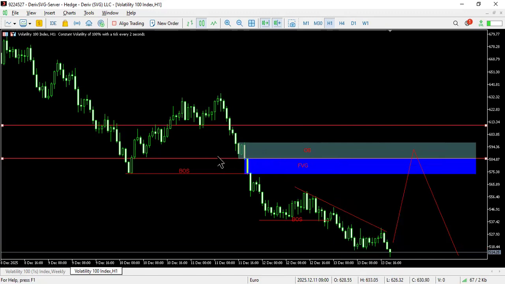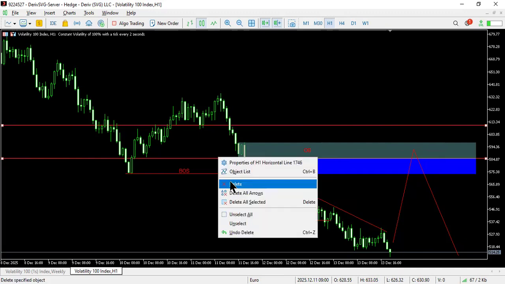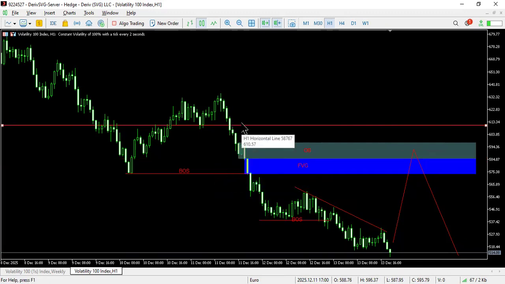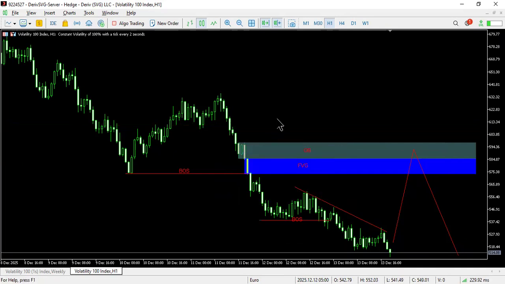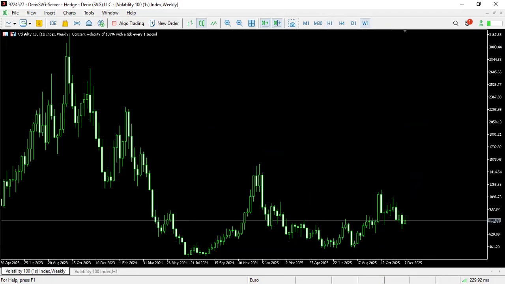So that is all for VIX 100. That is the setup I'll be waiting for this week. All our confluences are intact: break of structure present, liquidity present, our FVG is there, order block is there. So that is it. And then if we go to Volatility 100